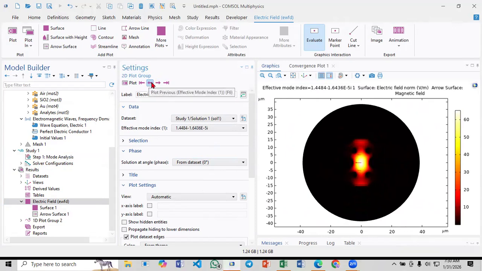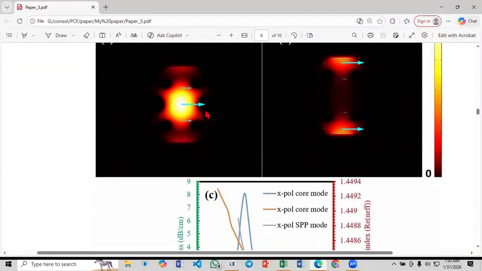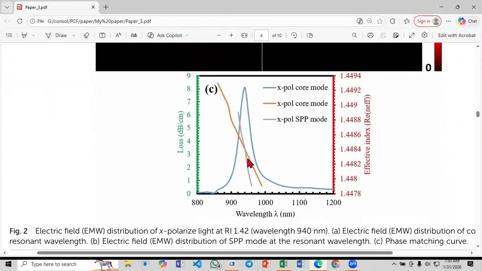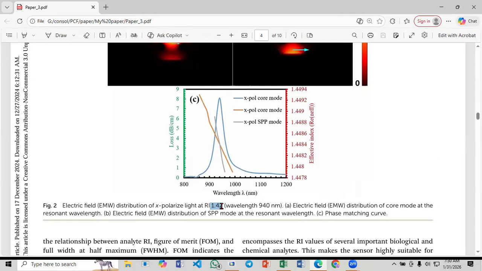Okay, so now we want to reproduce this. We just reproduced these two figures, kind of perfectly. Now we want to reproduce this figure. This figure is for polarized light at a 1.42 refractive index, and the simulation is done from